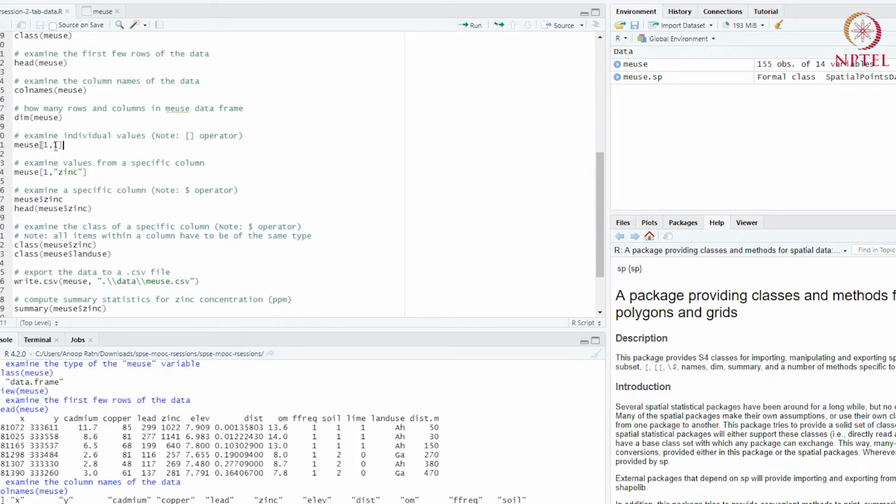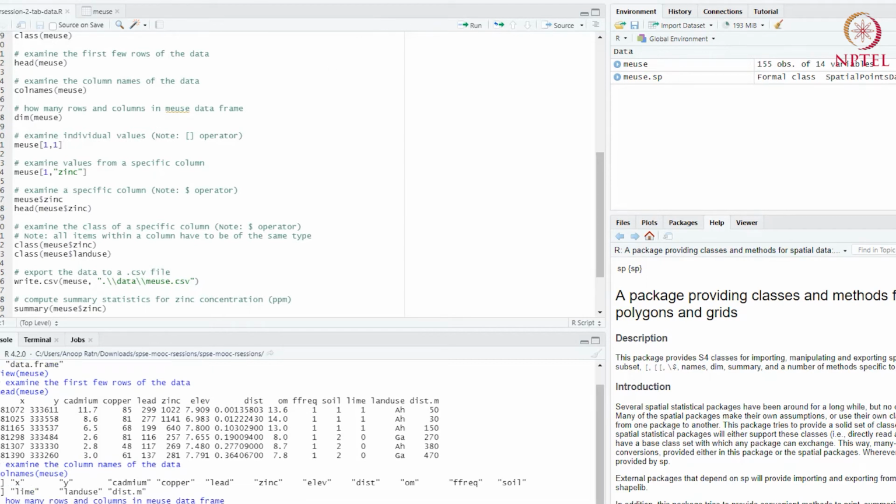You can also look at individual elements of the data frame. So this is a new operator. If you put numbers inside these square brackets, it tells you a particular observation, a particular element inside that data frame. So we just want the first element, the first row and the first column. So if we run this, it tells us that the value of this element is 181072.